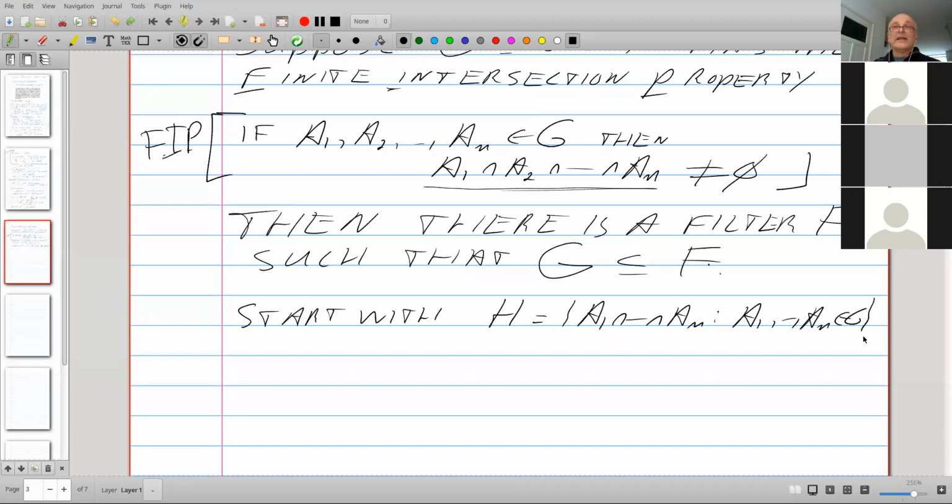Start by collecting all the finite intersections from members of G. Definitely that should be in the filter that we are trying to create.